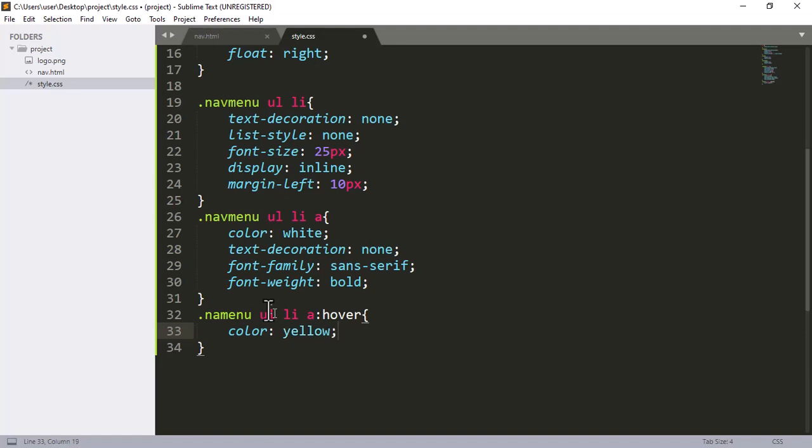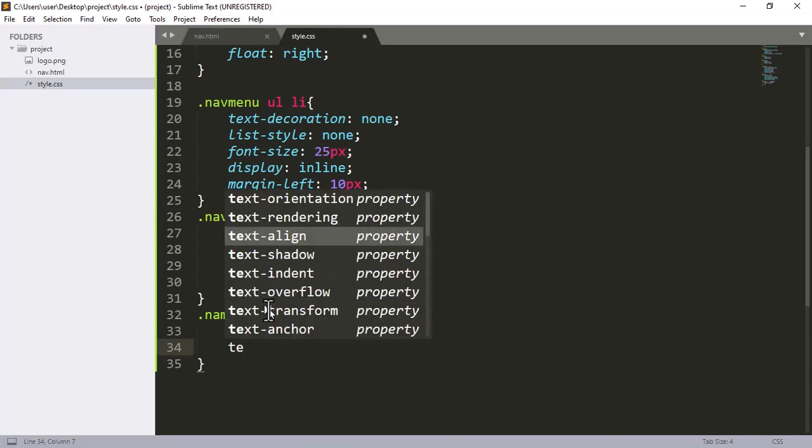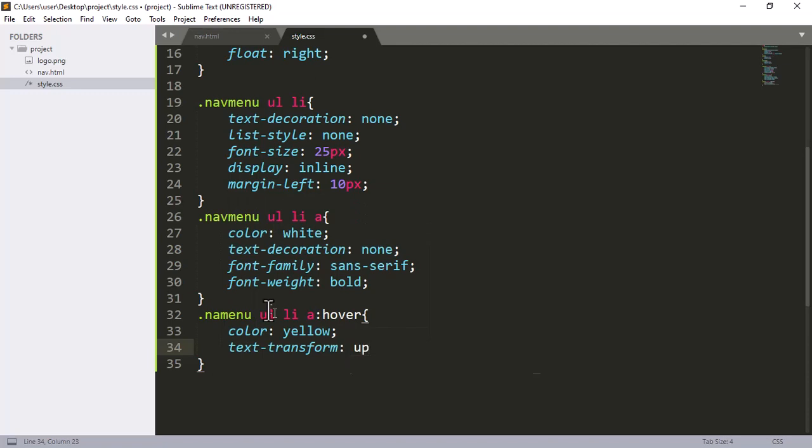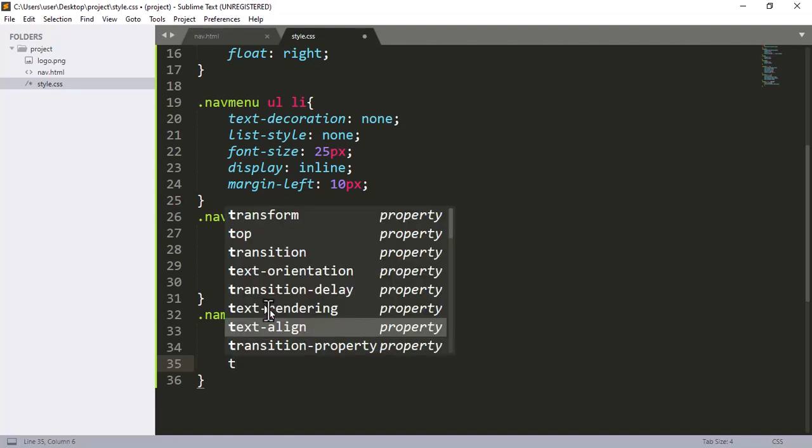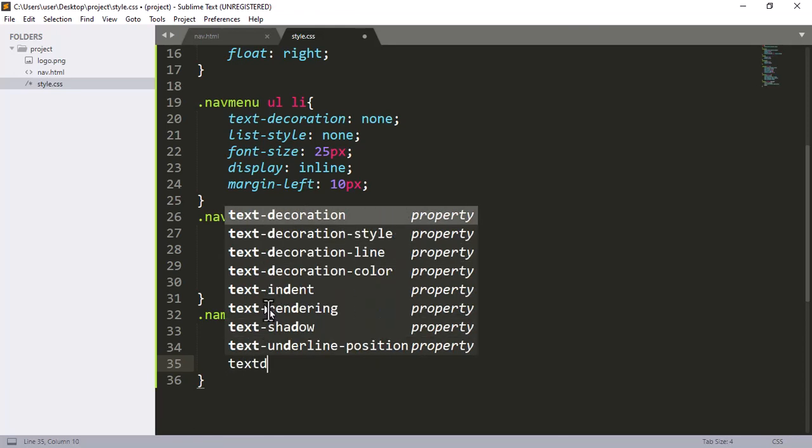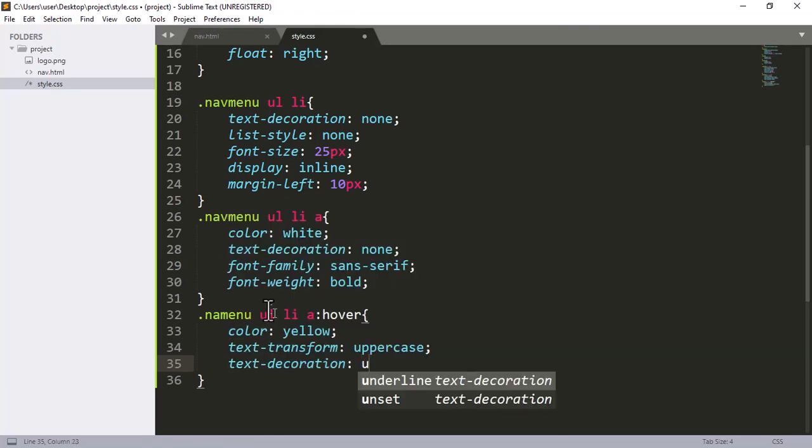I'm going to give it yellow. Then the text should transform from normal text to uppercase. So we can use text transform, then you select uppercase. Okay, then we should also have an underline. So we can use text decoration, we can use underline. Okay, so if I hit Ctrl S now,